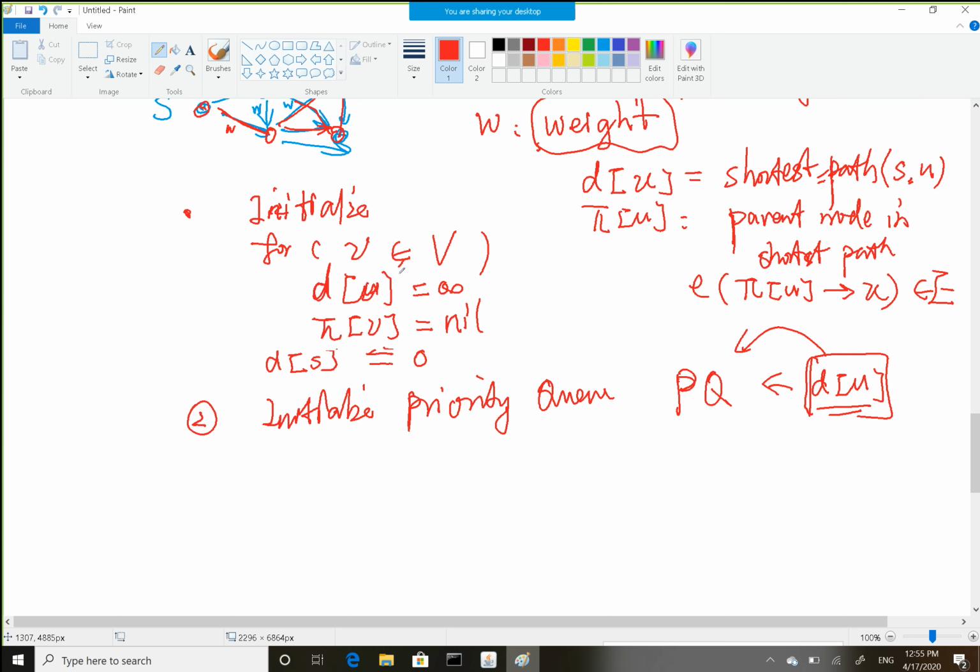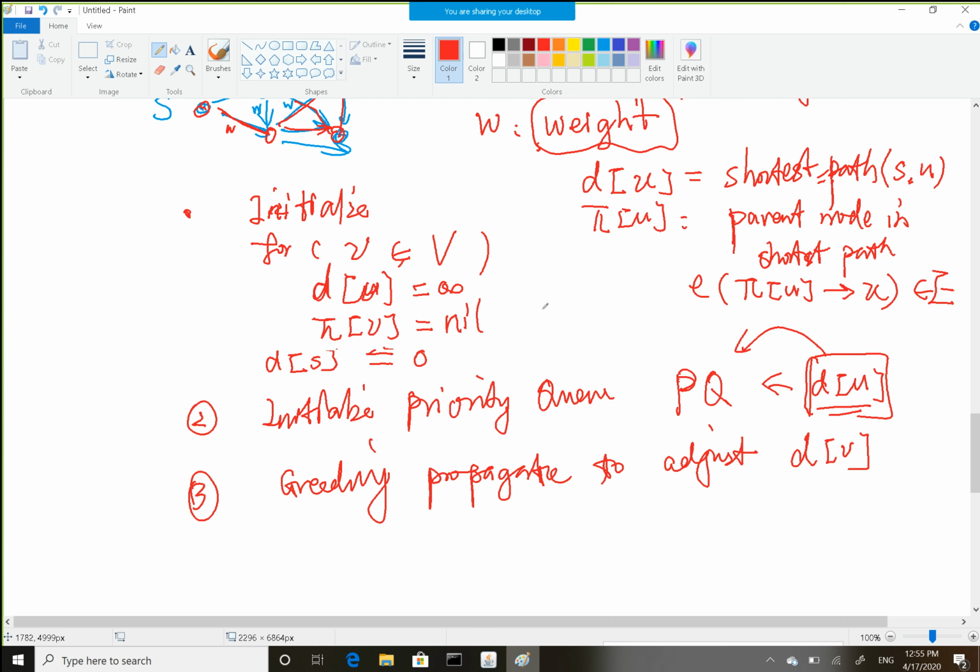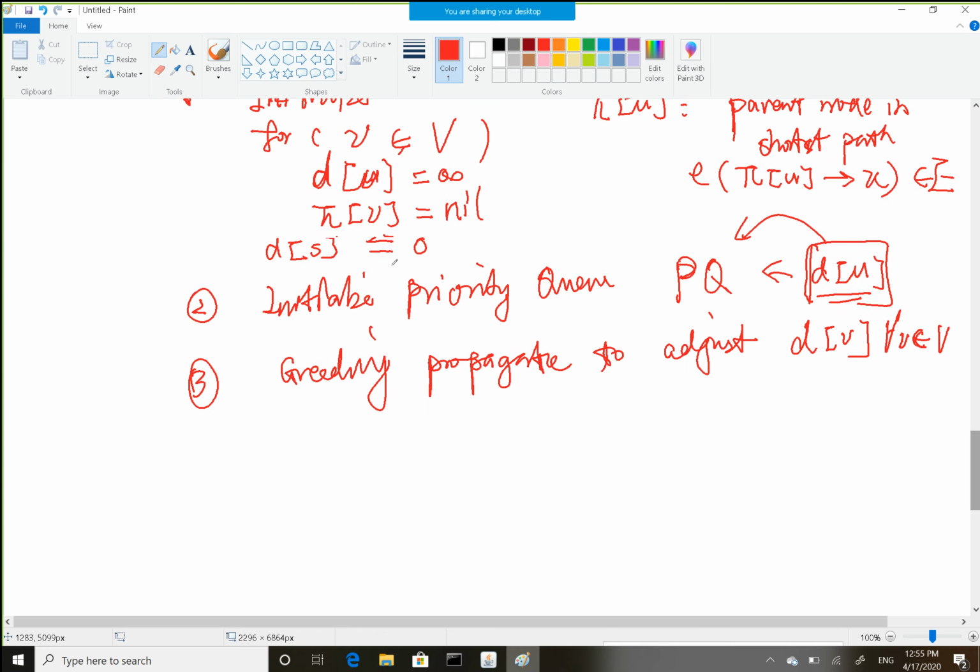Good. And then the third step: you want to greedily propagate to adjust the shortest distance d[v] for every node. Greedily propagate to adjust d[v], because finally you need to find it for every v belonging to V. Okay, so how can you do that greedily? You see, while the PQ is not empty,